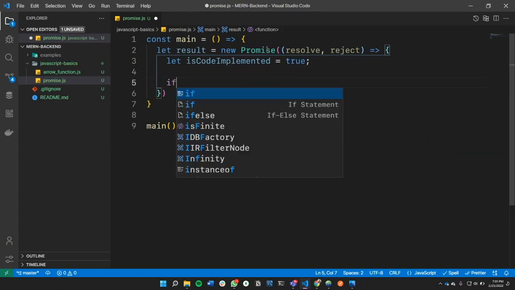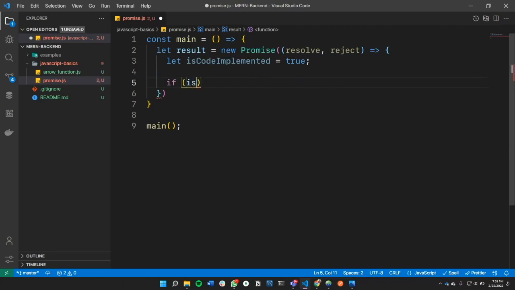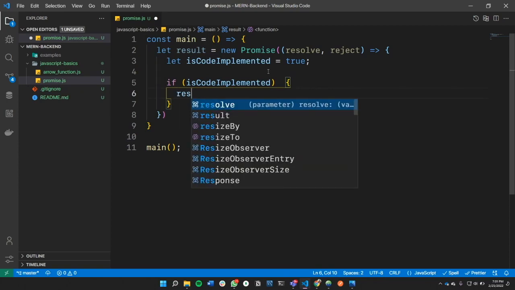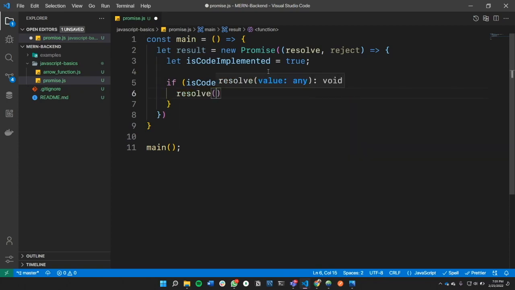Let's check if isCodeImplemented, which means our promise has been fulfilled. Then we can resolve the case. So we use resolve, and inside this resolve function we can return whatever we want. But for now, I just return a string. Let's say congratulations,